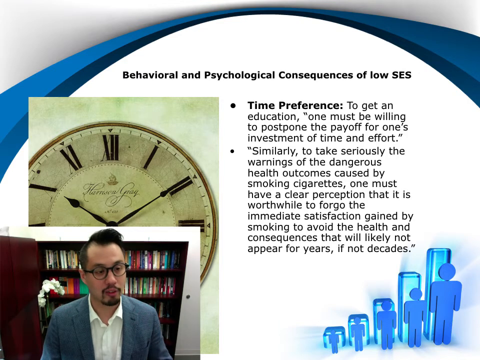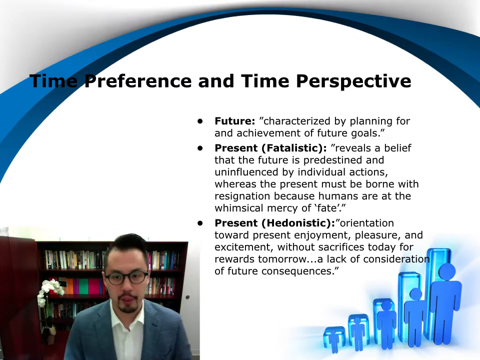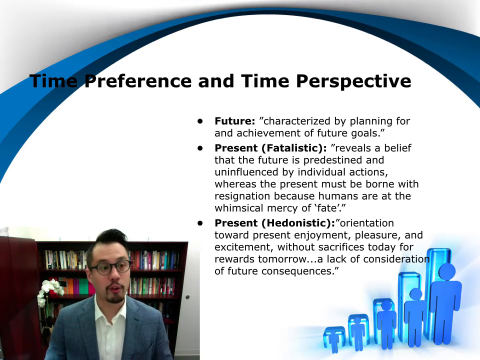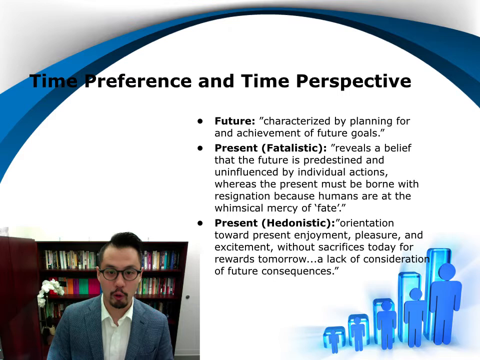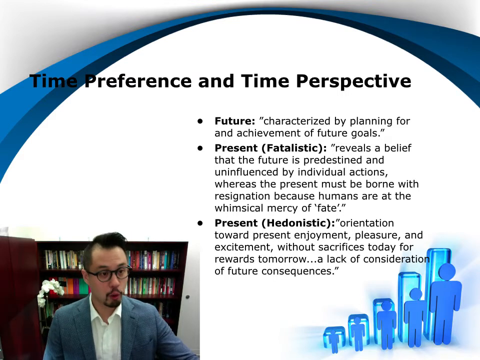So let's take a look at some models of how we value time. Our time preference is dependent on our time perspective. So let's take a look at three different time perspectives. The first one is future. Those who are future oriented, right? They're characterized by planning as well as the achievement of future goals. They're all about what I can do in the future. I'm going to plan. I'm going to make sure what I do is going to be oriented towards the achievement